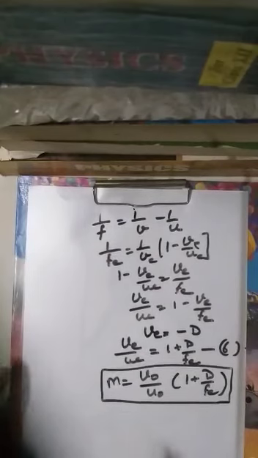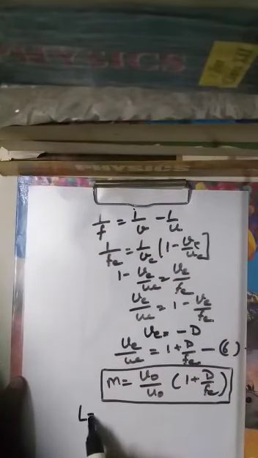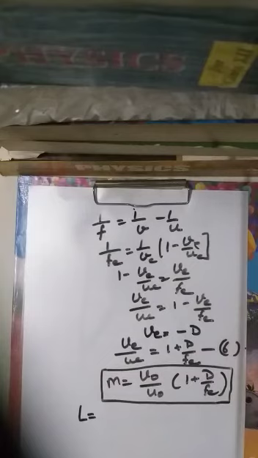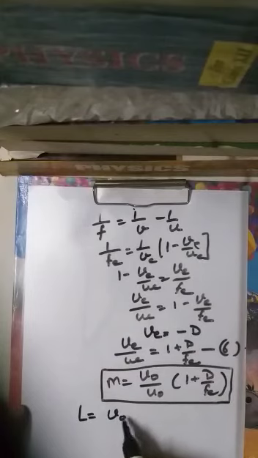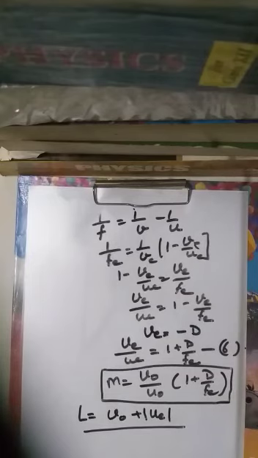Now the last is the length of the tube. It is the distance between the eye lens and the objective lens. By the diagram, it is the sum of vO plus uE. We write u in modulus because we take uE positive here. We know that for the objective lens, the object distance is always negative, so we put the modulus in the formula. This represents that we take the value to be positive.